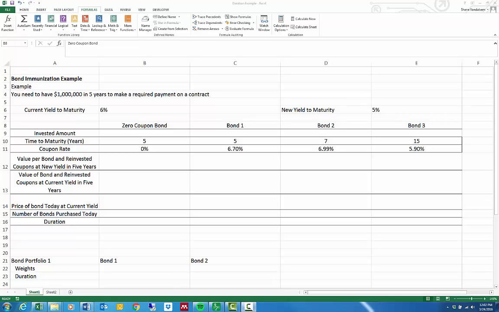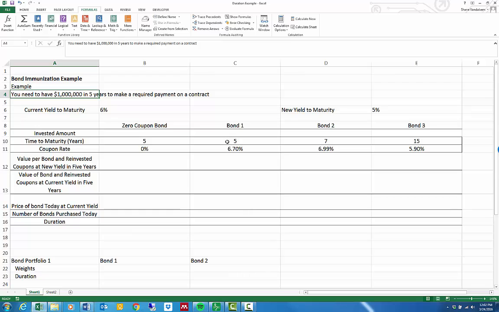In this video, I'm going to demonstrate how to immunize a bond or bond portfolio against interest rate risk. In our scenario, we need to have $1 million in 5 years to make a required payment on a contract. The $1 million includes what we would get from investing in a bond, as in the par value at maturity, plus the reinvested dividends during the life of